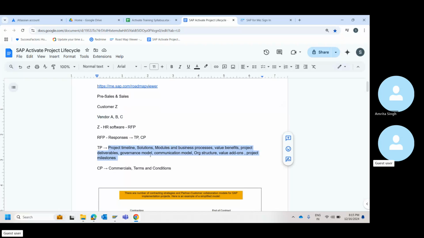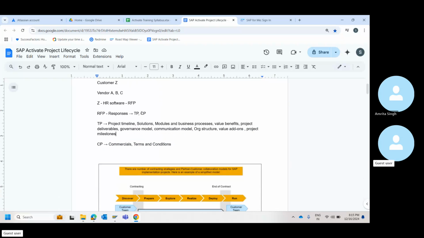As a project manager, that's why I mentioned in the last class, there are chances that some organizations will involve a project manager at this stage itself, but most of the large scale organizations do not. Only after you get a project, they will come and say, we got a project, this is the scope, this is the budget you have, you go execute. That's all. This is about TP and CP. This is how you respond to the customer.